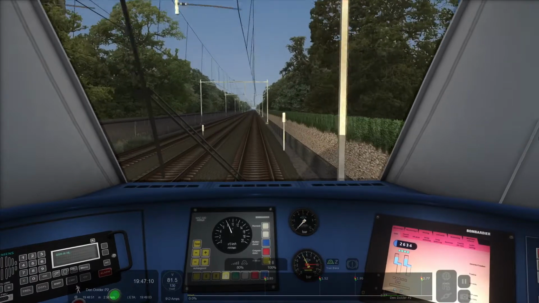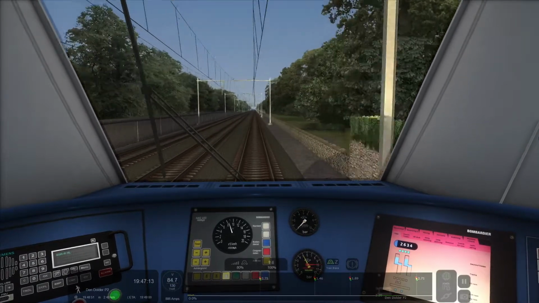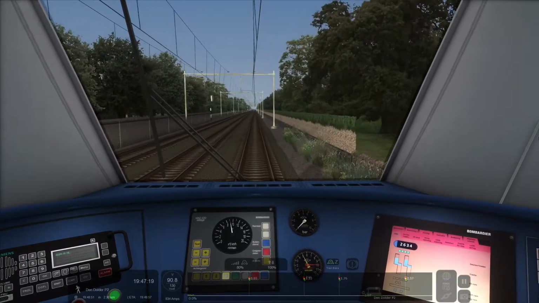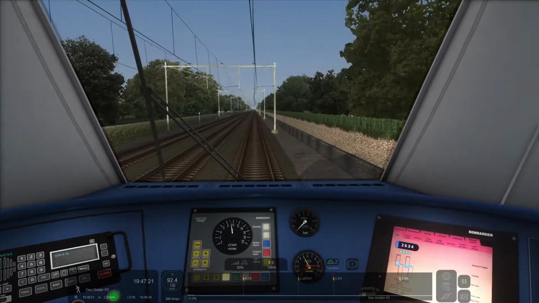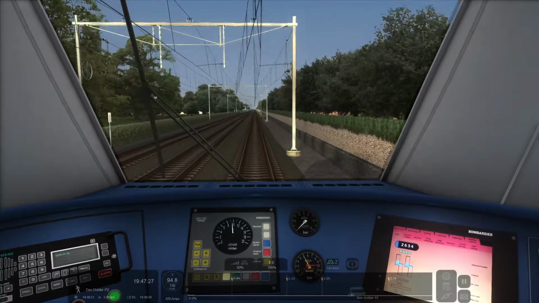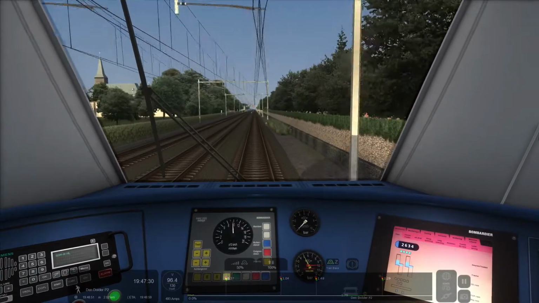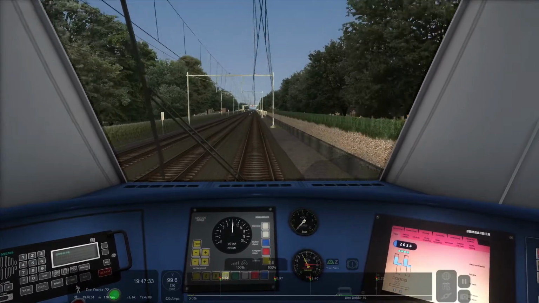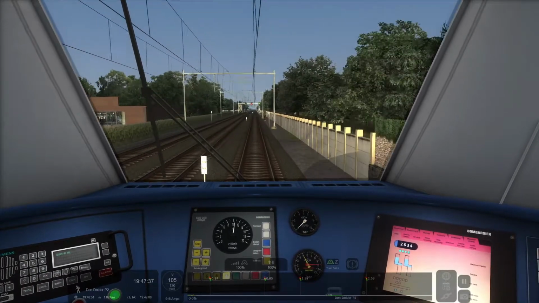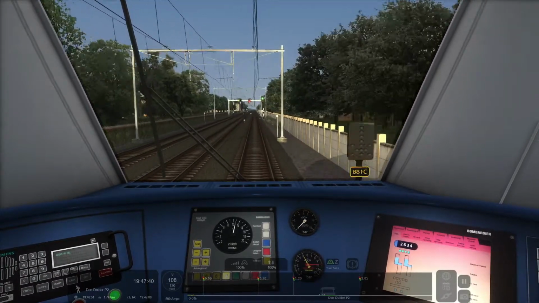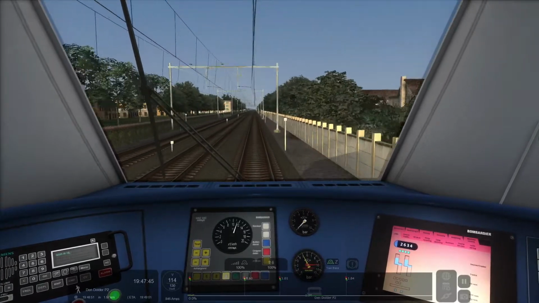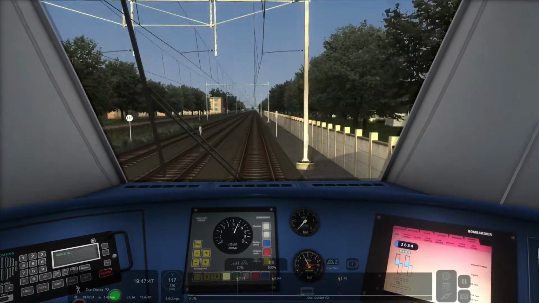And I had a budget, because obviously driving through Dutch scenery with Dutch trains and all the necessary DLC to be able to drive through these maps costs a lot of money. And I must admit, it was quite an investment, and it was quite a steep one. My wallet didn't really like that. But now I'm enjoying it every single day. It's really relaxing and really enjoyable, because it's just like